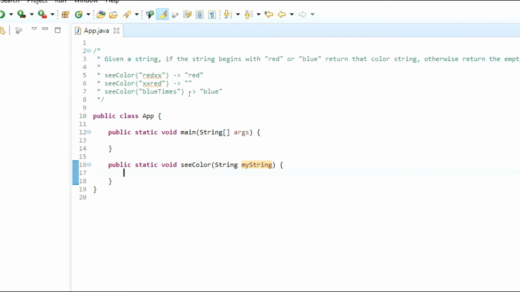So the first thing that we need to do is create ourselves an if conditional statement, because we're going to be checking if the beginning of the string is red or blue. First of all, let's create a condition that checks for if the beginning of the string is red. So we just want to go if myString.length is greater than or equal to 3,